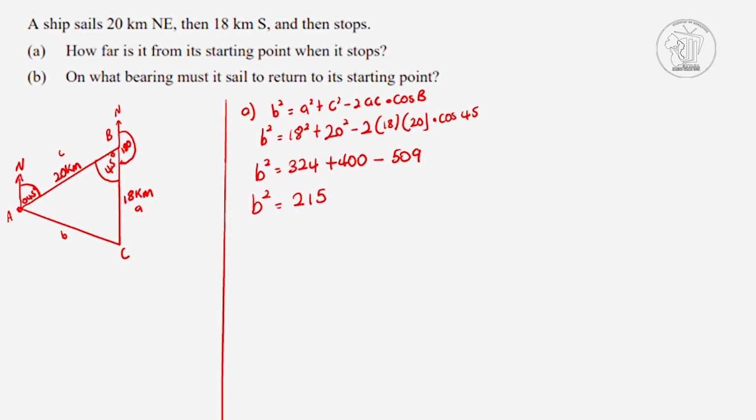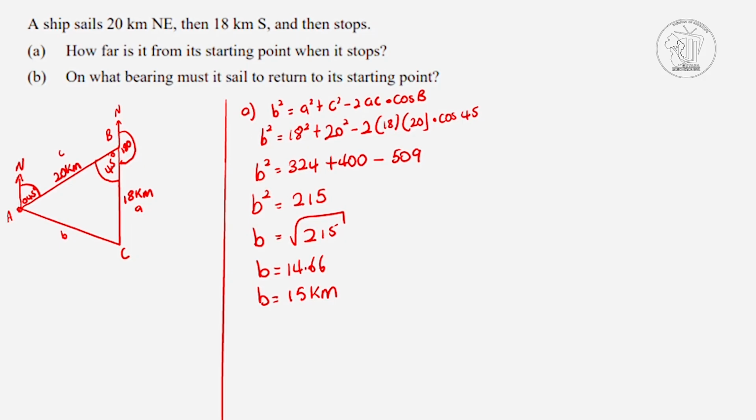215. And then we are squaring the b, so to solve for b, we take the square root. So b is equal to the square root of 215. Hence b is equal to 14.66. If you want to round this off to its nearest whole number, b would be equal to 15